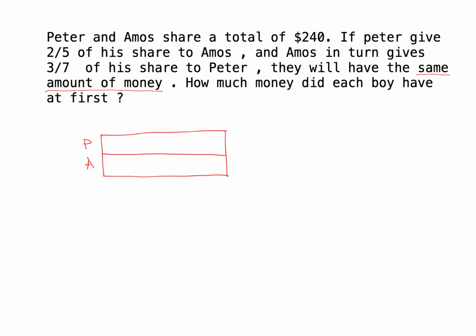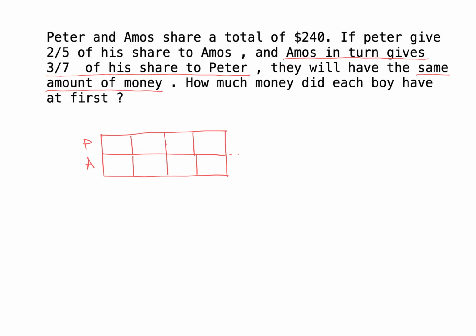And what was the last action that happened? It is here. Amos in turn gives 3/7 of his share to Peter. If Amos gives 3/7 of his share, that means Amos is left with 4/7. So we cut Amos' share into 7 equal parts and say that he has 4/7 left, which means that he gave away 3/7. That means the 3/7 end up with Peter